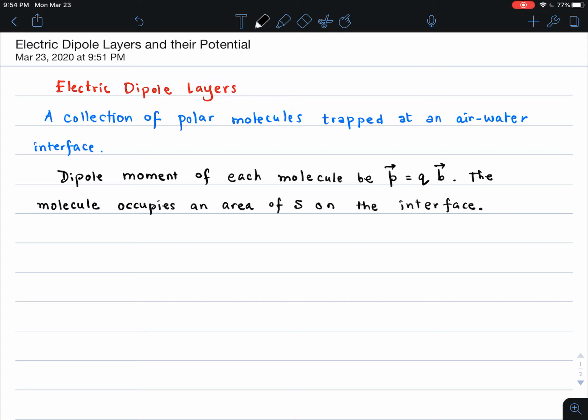and so what we can do is for each drop of the molecules we can assume a uniform electric dipole moment density, which will be now tau, and that would be obtained by p divided by S, where S is a scalar. qb over S is going to give you sigma b, and we can model it as